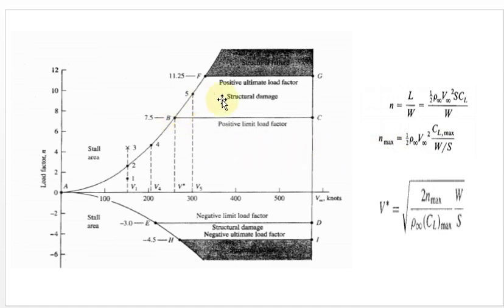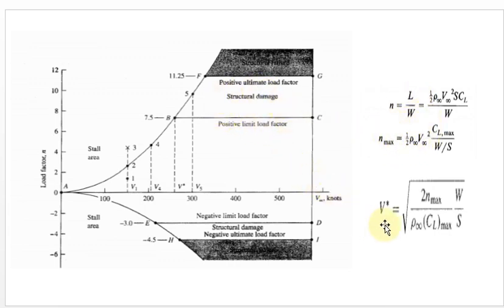In the total VN diagram, especially at this corner point, the N max value depends upon this equation only. When you obtain CL max, automatically you will get the N max value. So this is the equation followed for the mapping of this particular graph.